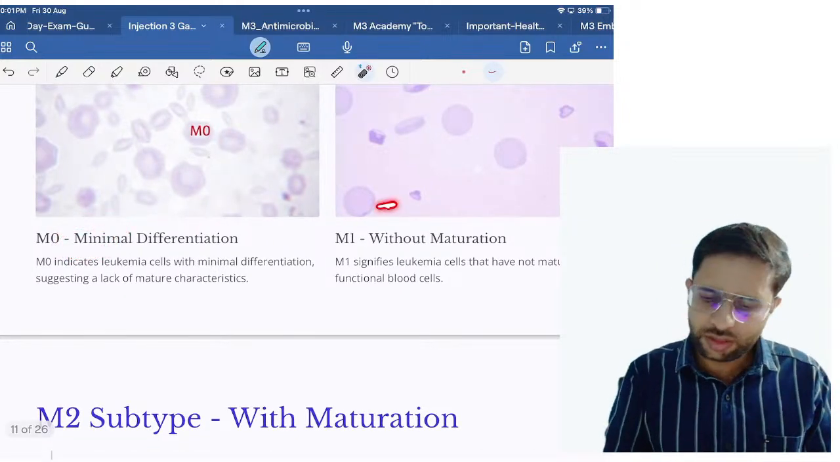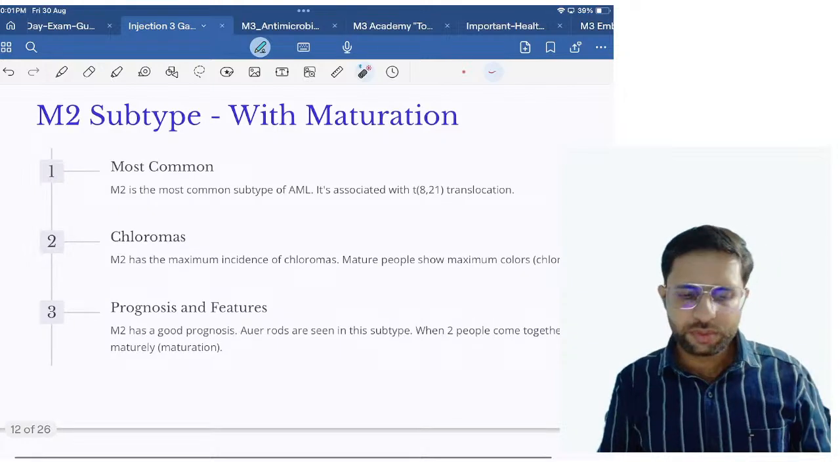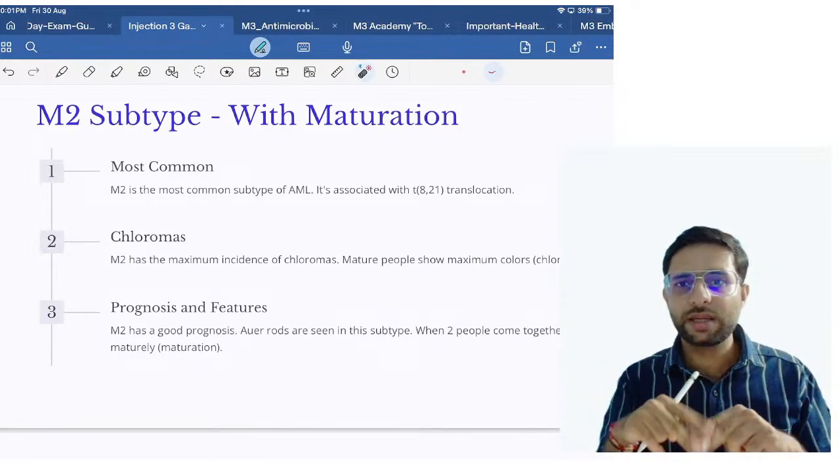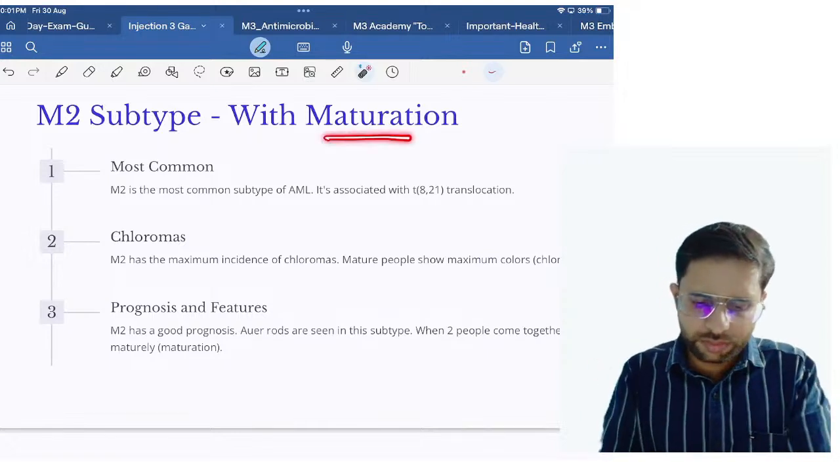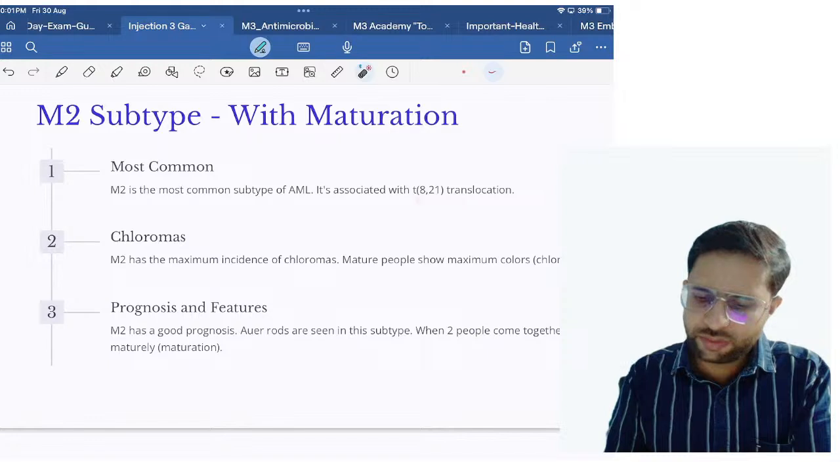M1, what can we do with 1? 1 is like minus, so without differentiation. Now M2. So two people come together. So when two people come together, they behave like mature. So with maturation. So this is the most common type of the AML, and this is associated with the t(8;21)